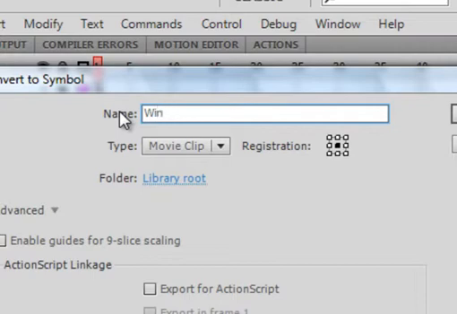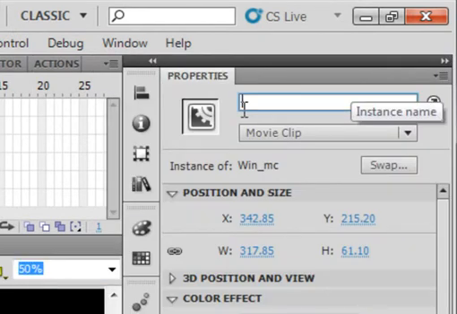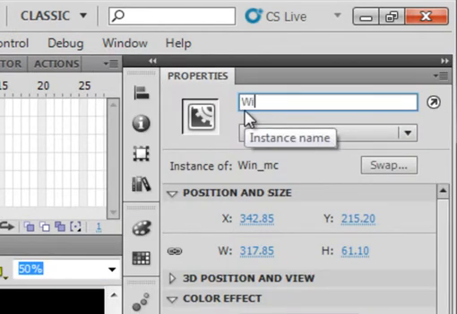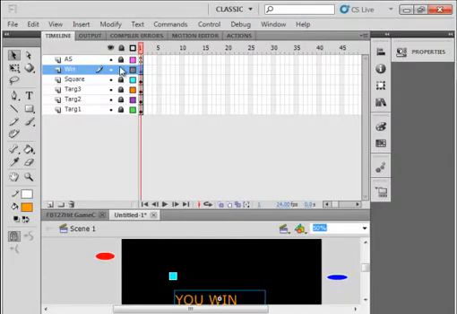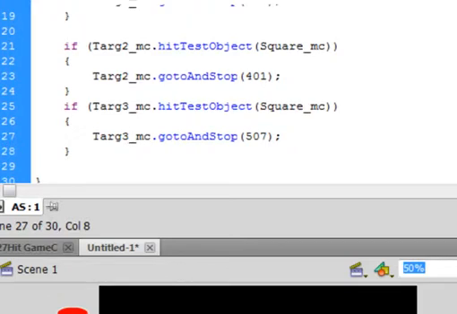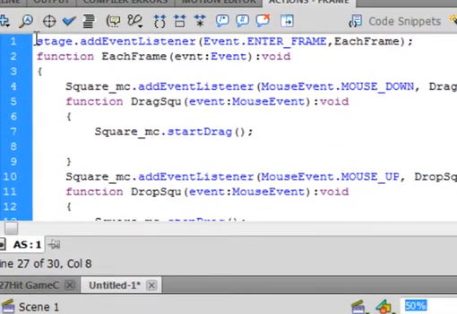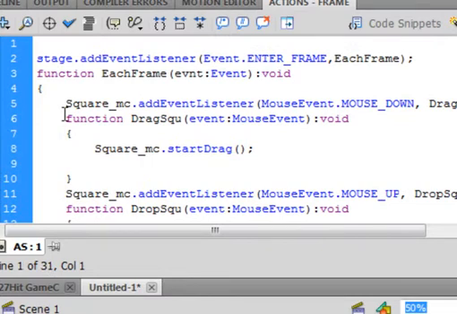W-I-N underscore MC. Give it that instance name in the properties panel, win, W-I-N underscore MC. Lock that layer, select frame 1 of the actions layer, open the actions panel, go to the very top of this actions panel, put your cursor on the very beginning, enter, arrow up, and we're going to make a couple